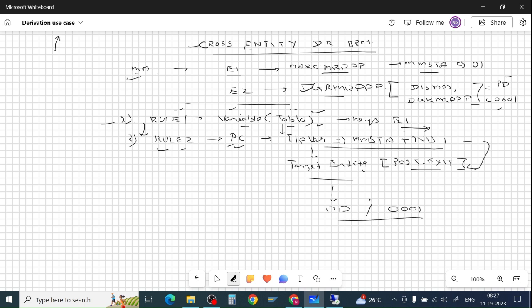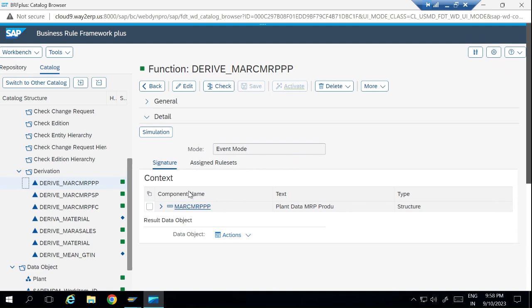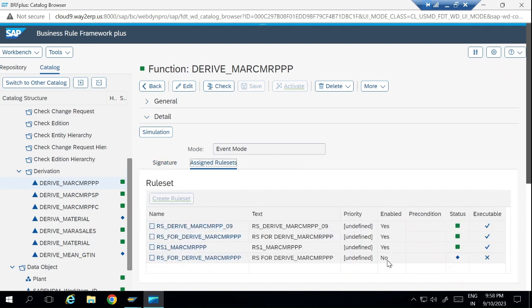So these values will be written using the post exit. So we have used the BEDI for building this rule. So once this is done, then the rule gets activated. We can then check this rule. We can go to assign rule set, and our defined rule set should be then